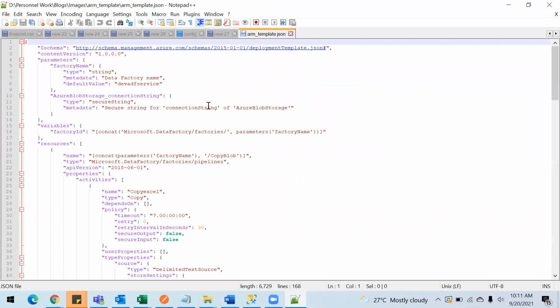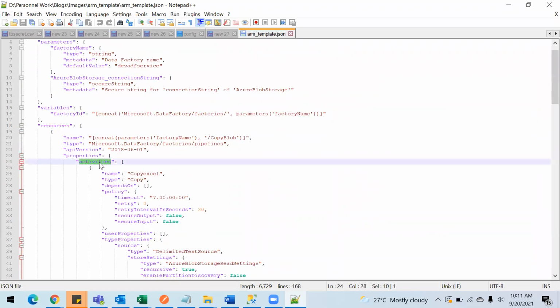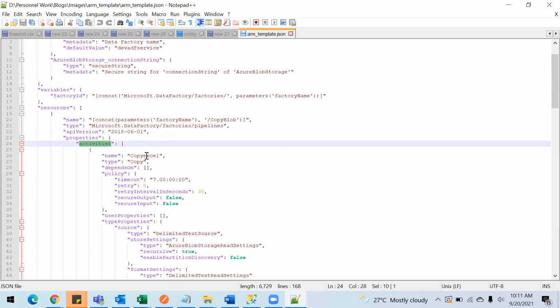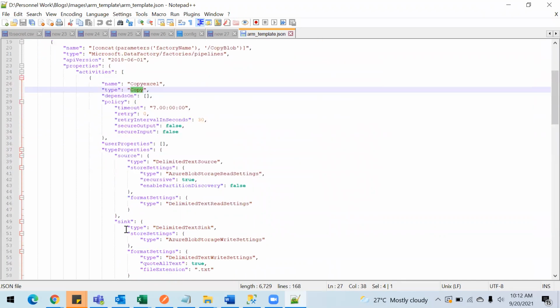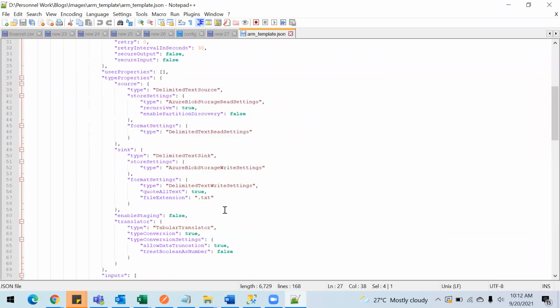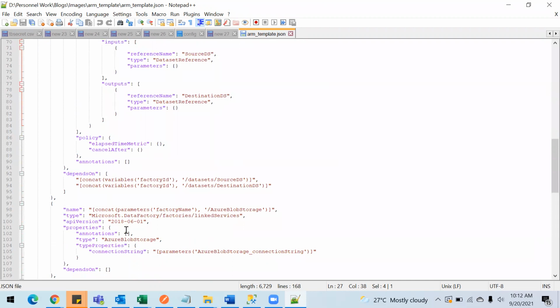So here you see what is the data factory name, then what are the resources that it's going to use. So if you see here the activities, which is named as copy Excel, and what is the type of activity, it is a copy activity. Then there are other parameters as well. So you will see the data sets as well, so that you're gonna see here.